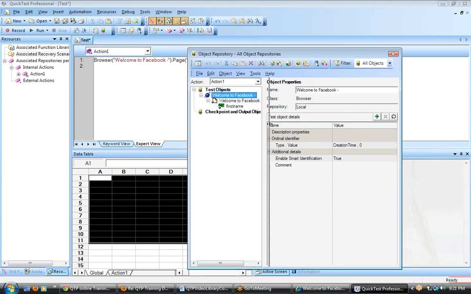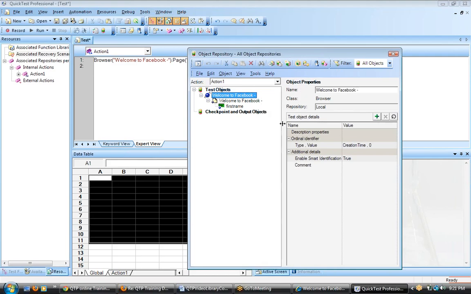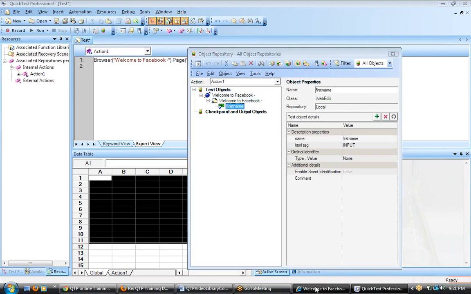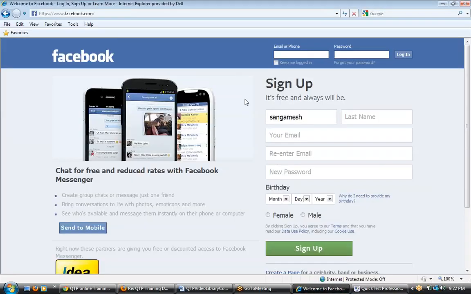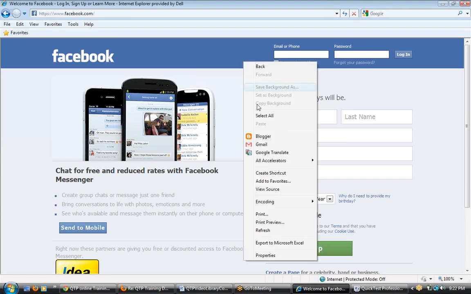now when I record an action on this one, you'll come to know. Here you just concentrate on this one, HTML tag and the name. So we need to look for the name property. I'll show you. I will just record an action. About the recording and all, I will teach you during the training process. I'll just enter my name here. Then I'll come to the tool and stop it. Then I'll come to the object repository,